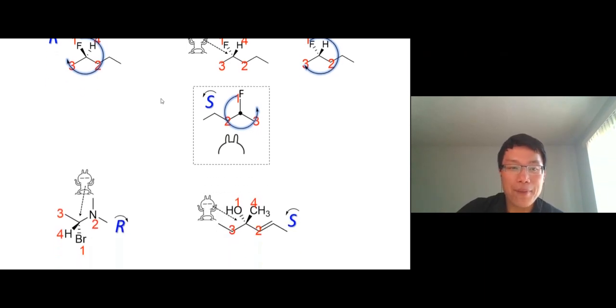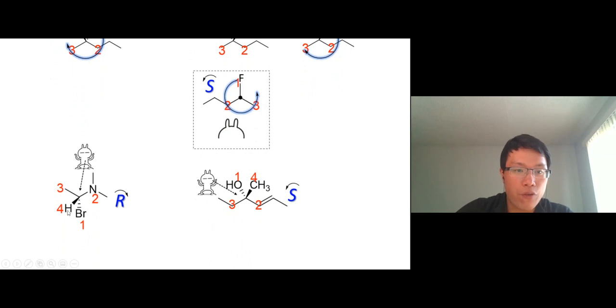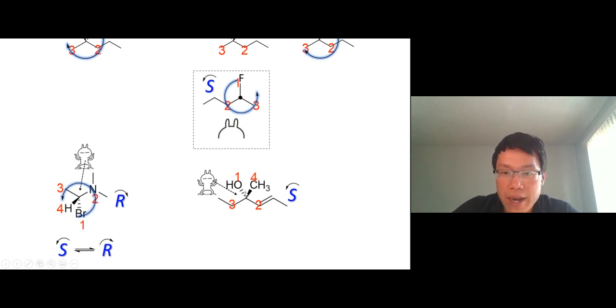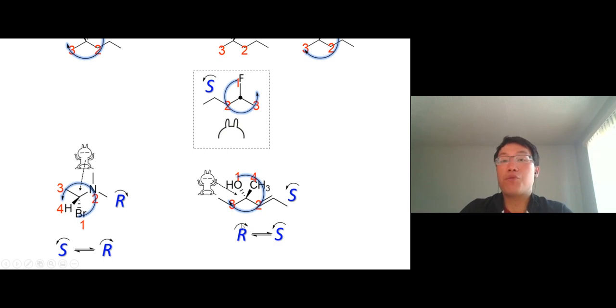All right, down here one more time. The 4th priority is in front of you, so you don't have to look from behind now. This is an R. We did this together already. Let's say you want to check whether you get an R or not. Leave it as it is: 1, 2, and 3 look like S, right? Flip it to R. Yeah, you can do that. Super simple. This guy here, we got 1, 2, and 3. Looks like an R. Flip it to S. The flipping, the reverse configuration,